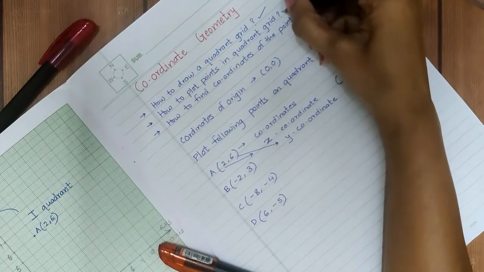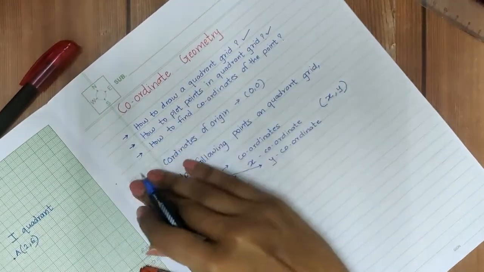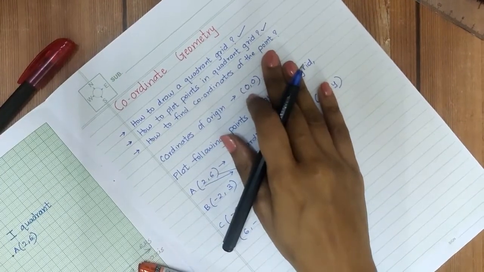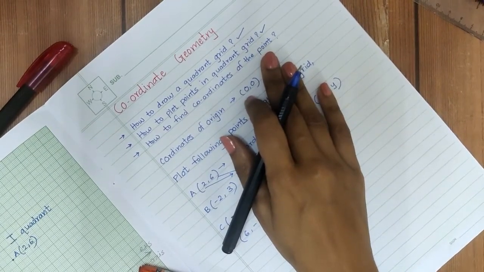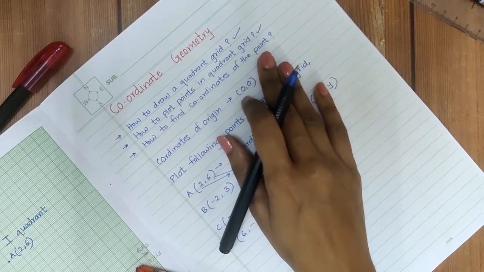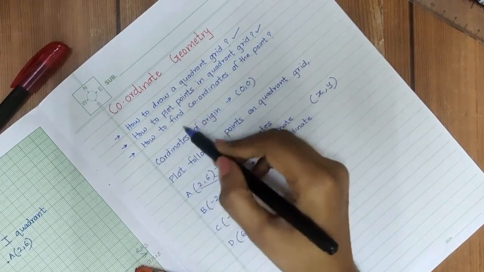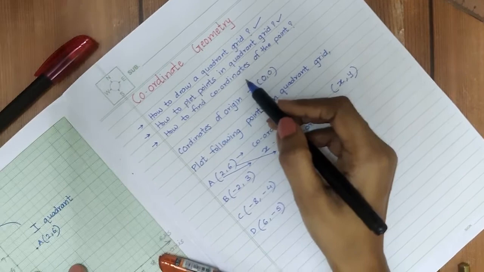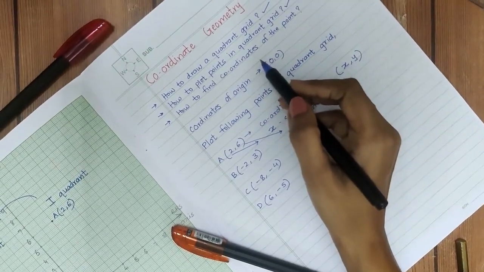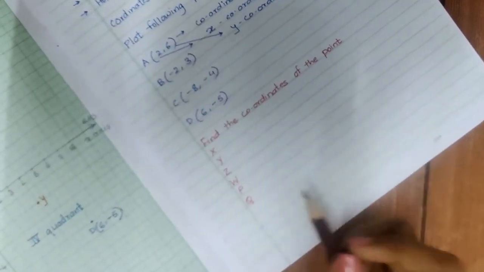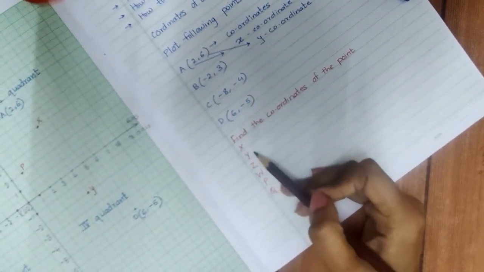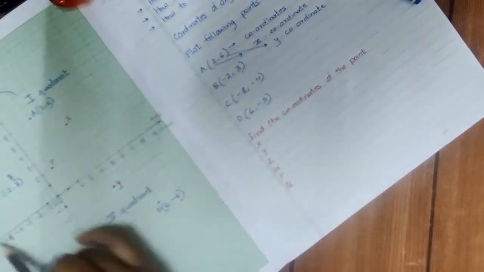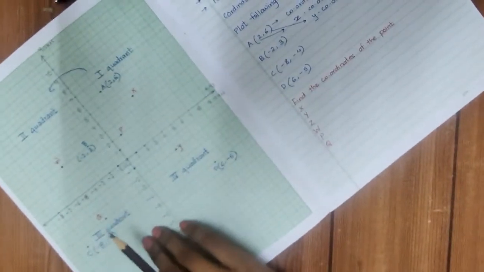Now we have completed our second objective for this video also, how to plot points on the quadrant grid. And I'm sure my learners must have done the practice questions also and they are ready with their quadrant grid, because next I'm going to deal with how to find the coordinates of the given point. So for that I will be plotting a few points randomly here and then we will find out their coordinates. I have already written a question here on my graph paper which says find the coordinates of the points x, y, z, w, p and q, and you will see these points are randomly plotted here on the quadrant grid.